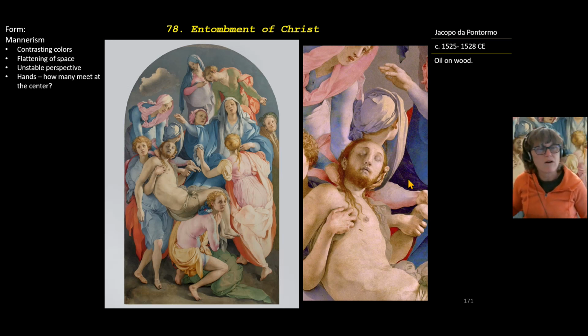So some wow color, flattening of space. I know these people are layered here, but there's no background to give us more depth. So we've moved back to more of a flattened scene. And then perspective. Where's our eye supposed to go? Jesus is definitely the most important figure here, but we have a lot of figures whose faces are looking out at different spaces, and so we might want to be looking at them as well. So there's no central